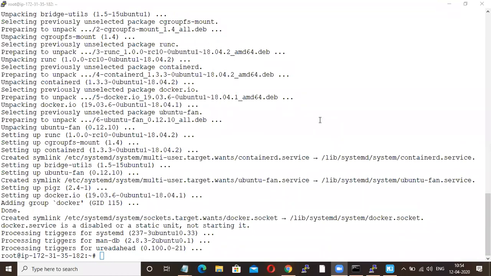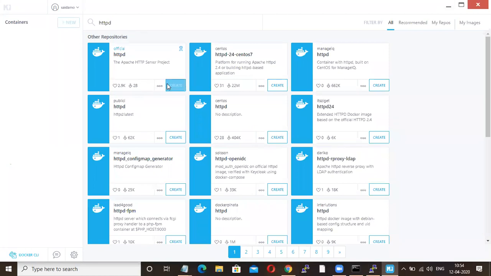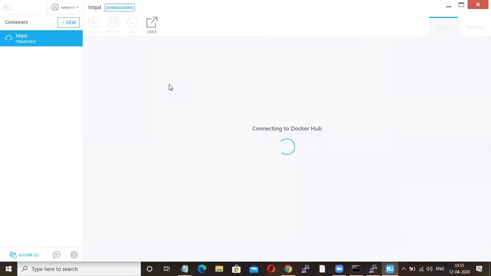Now if you search HTTPD, here you will have a create button, which will launch one container for you. This container will not be launched in your Ubuntu machine. This will be launched on your local laptop or local desktop. So, create.